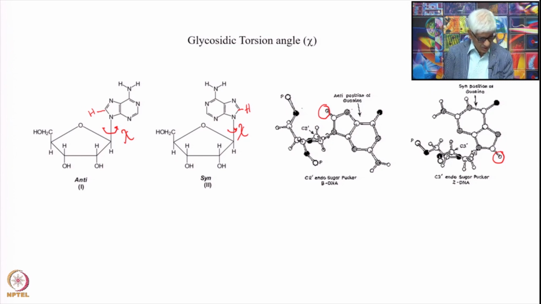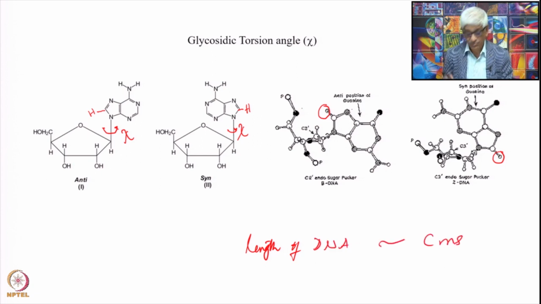Surely this is not. Why we are saying this? Because you remember the DNA, if it were a duplex as indicated here, the length of the DNA will be of the order of centimeters. Considering 1 billion base pairs in every cell, it will be in the order of centimeters, because 34 angstroms per rise and 1 billion base pairs, it will come to the order of centimeters. Now this cannot be accommodated in a cell which is only of 1 micron size, and the nucleus is even smaller than that. Therefore DNA folds